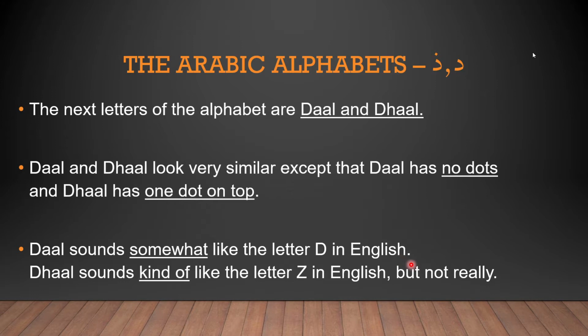So as we have discussed before, letters in Arabic need to find an equivalent in the English language to represent them. So we use the near sounding words. Dal sounds somewhat like the letter D in English. That's why we will use the letter D to represent Dal. Zal, however, has no actual English sound. Zal kind of sounds like the letter Z in English, but not really. So there's no real equivalent of Zal in the English language. That is why we use the letter closest to it, Z, to represent it in the English language.